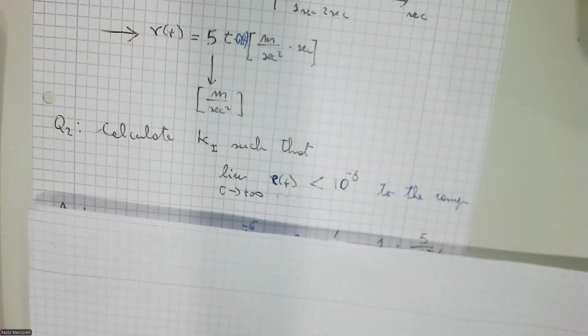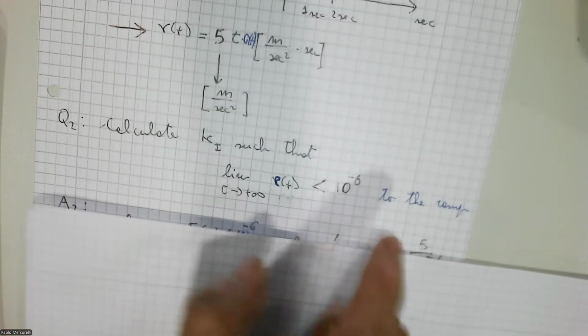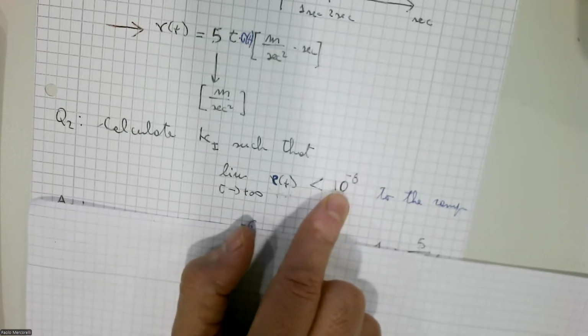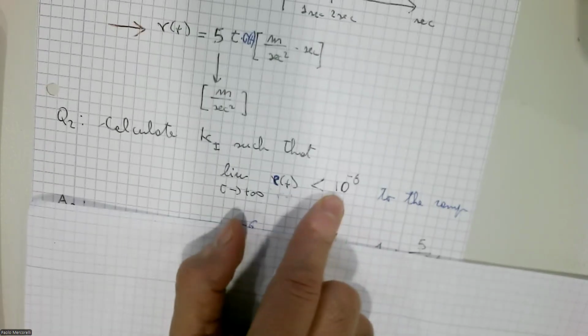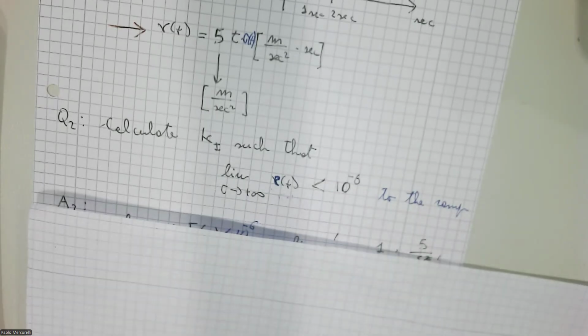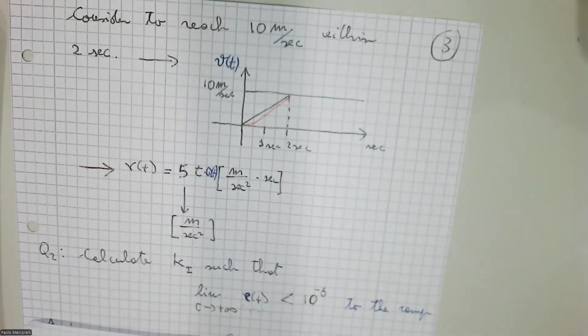Meaning, typically we formulate this kind of problem in this form here. We have to calculate Ki such that the error at T infinite is less than the tolerance. The reason is, to the ramp, no? The reason is that we try to approximate exactly this scenario here, this situation, but we have to be aware